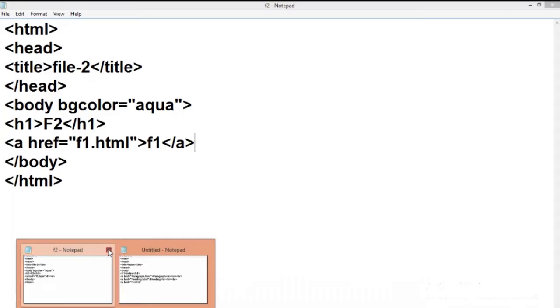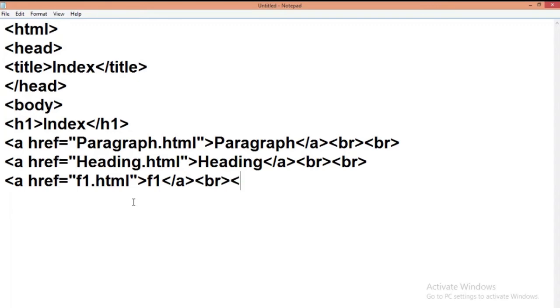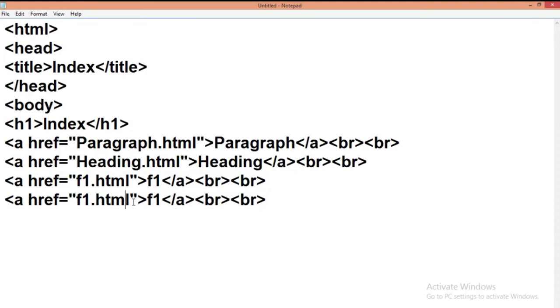Just a minute. Okay, it is the right file name. Then f1, slash anchor tag, br tag, and the same for file number 2.